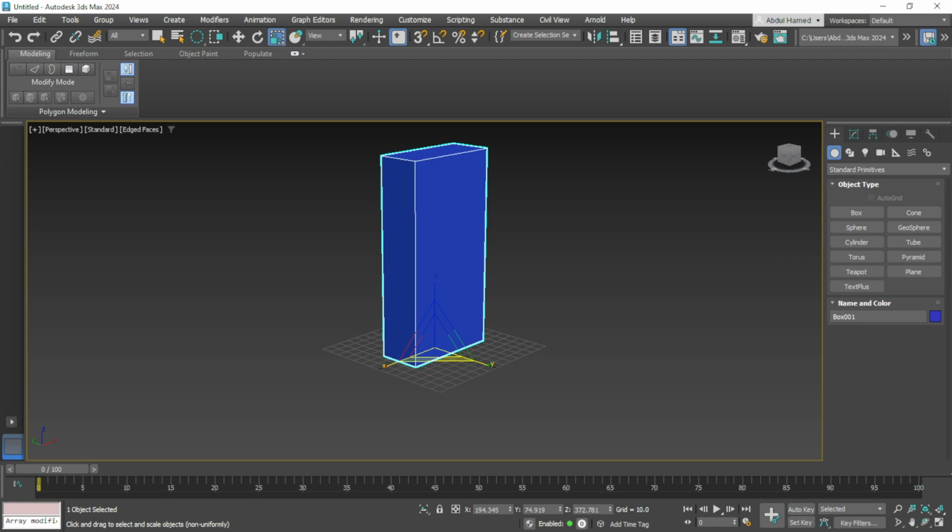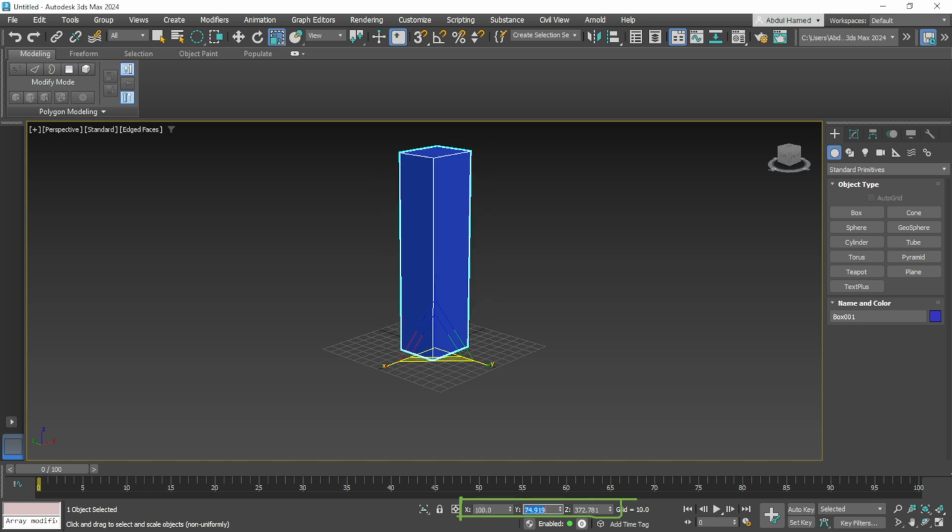And right here, in case you want to do more accurate scaling. So if we say we want to make it 100 by 100 by 150,